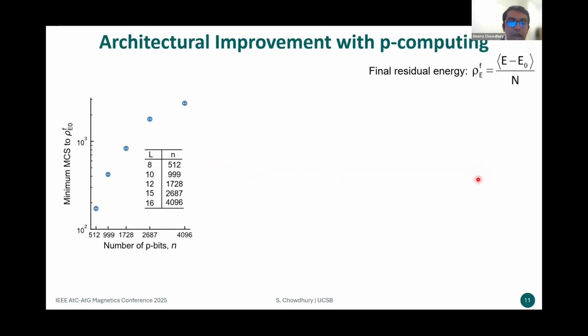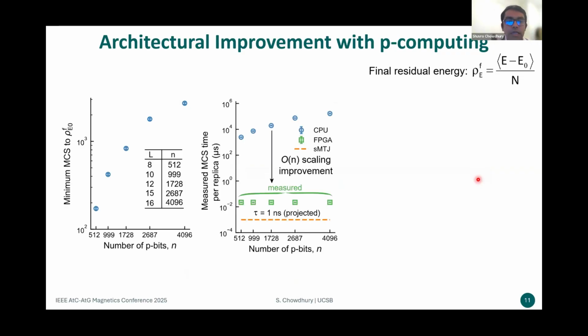And finally we also checked the architectural improvements. So here on the left, let's say I have a target residual energy to achieve, and I am showing the minimum number of Monte Carlo samples needed to achieve this target residual energy over the size of the problem. And then in the middle I am showing the time to perform a single MCS versus size. So in a traditional general purpose computer, CPU or GPU, this time will increase with the size. But in our system, since we can physically lay out the spins, this time is constant. So that's an order of n improvement over the